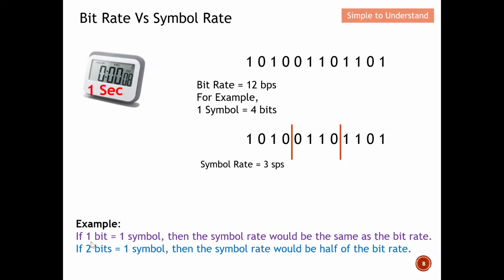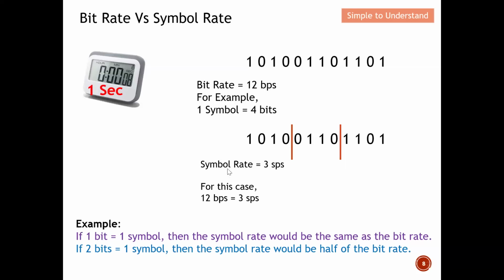However, for this case here, let's say 2 bits represent one symbol. Then the symbol rate will be half of the bit rate, which means every 2 bits become a symbol, and 12 divided by 2 is 6 symbols per second. The four bits made into one symbol is illustrated over here. So with this, I think you will be better positioned to understand what a symbol rate is. Please don't be confused: throughput can be described in terms of bit rate or symbol rate. We do not change the throughput, we just express it in a different way.